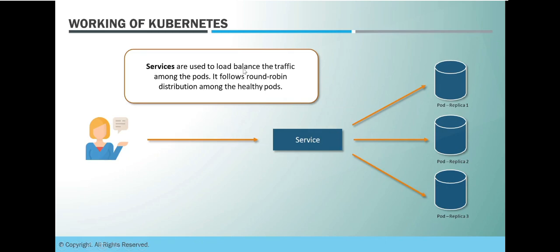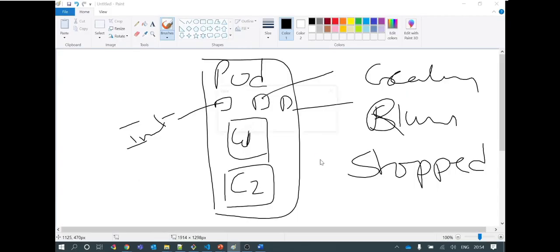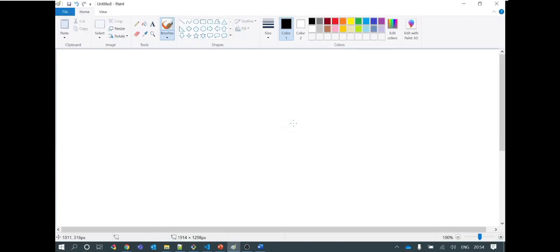So services are used to load balance the traffic among the pods. It follows round robin distribution among the healthy pods, and this way it routes the traffic one by one to every healthy pod running in the network. So the second question is how services know which pod or which set of pods they need to redirect the traffic to. This is done using a very basic concept of labeling